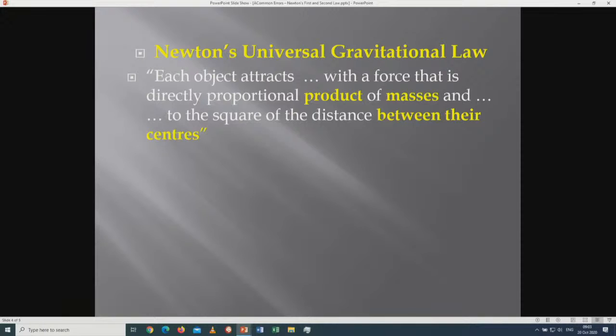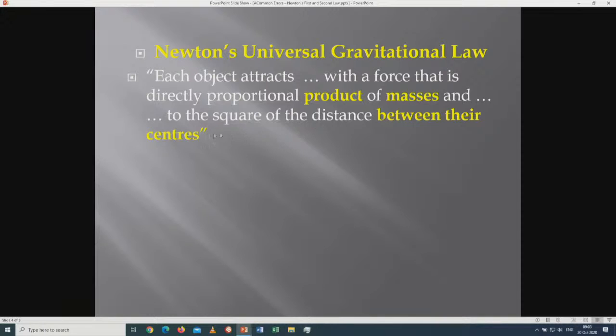Both objects play a role in that force between the two objects. Therefore, in Newton's gravitational law, it's a product of the masses, taking account of the mass of the Earth, for example, and your own mass, or any two other masses. So the important words are the product of the masses, and then